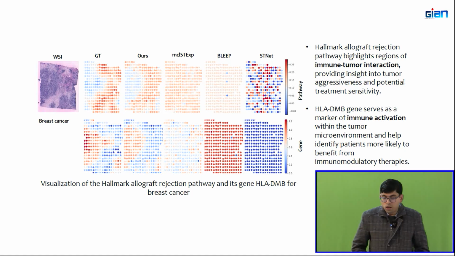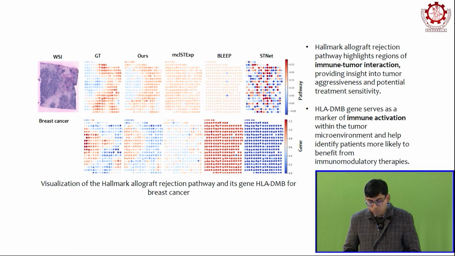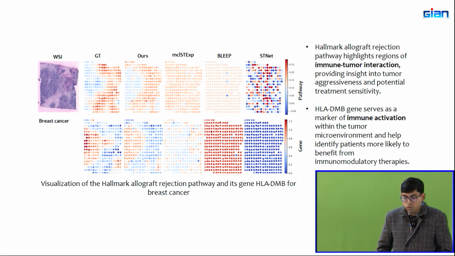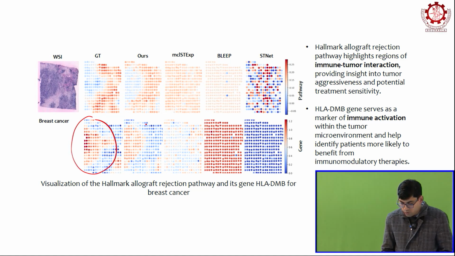Qualitatively, on the top row you see the pathway scores, and on the bottom row you see the gene scores, and ST is important because again you have these scores for each spot in the data set. Let me start with the gene scores first. This is the ground truth, and the second one is ours. You have the other methods here. We clearly see that our method's expression scores